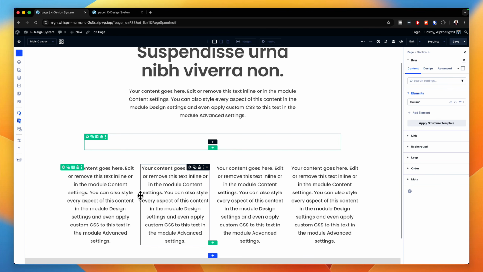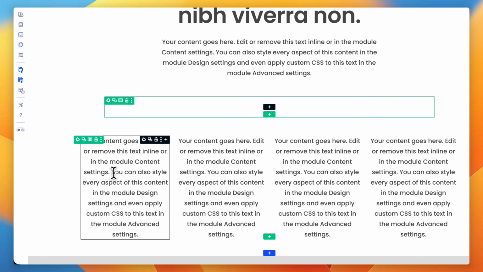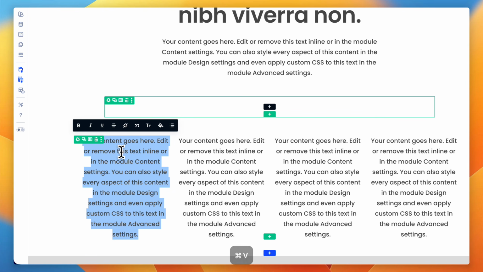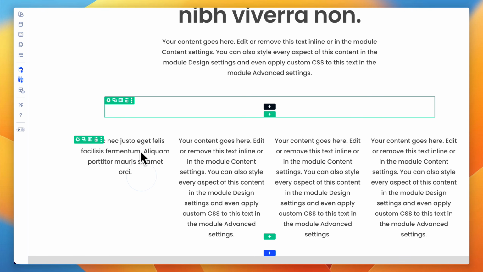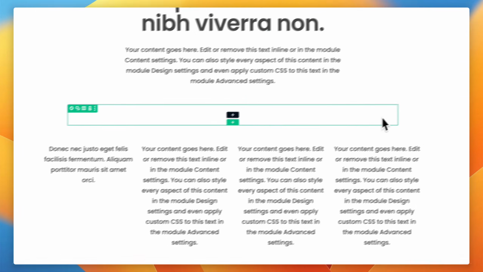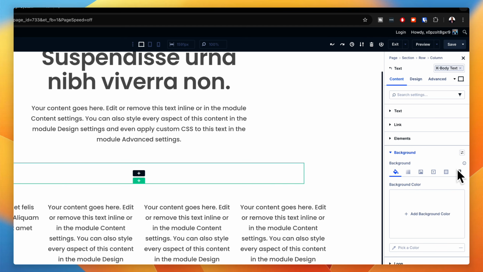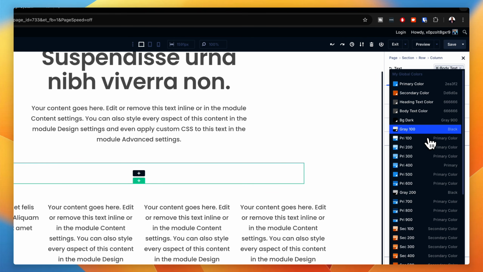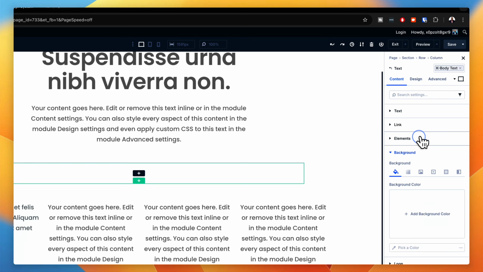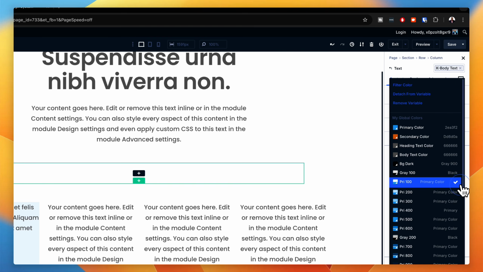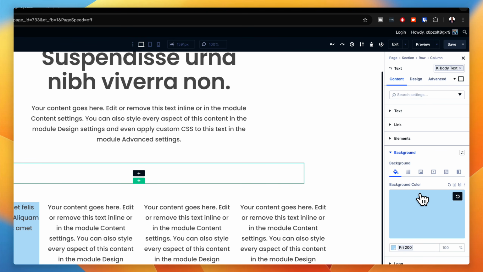So let's do a bit of a design here so you can see what I mean. Let's say I go in, I'm going to add a bit of text in here. So let's get a bit of a design going on. I'm going to go in here and let's add a background color. So I'm going to come over here, choose my dynamic color. I'm going to go into primary 100, like that, or maybe let's do 200 so we can see exactly what is happening. There we go. Okay,